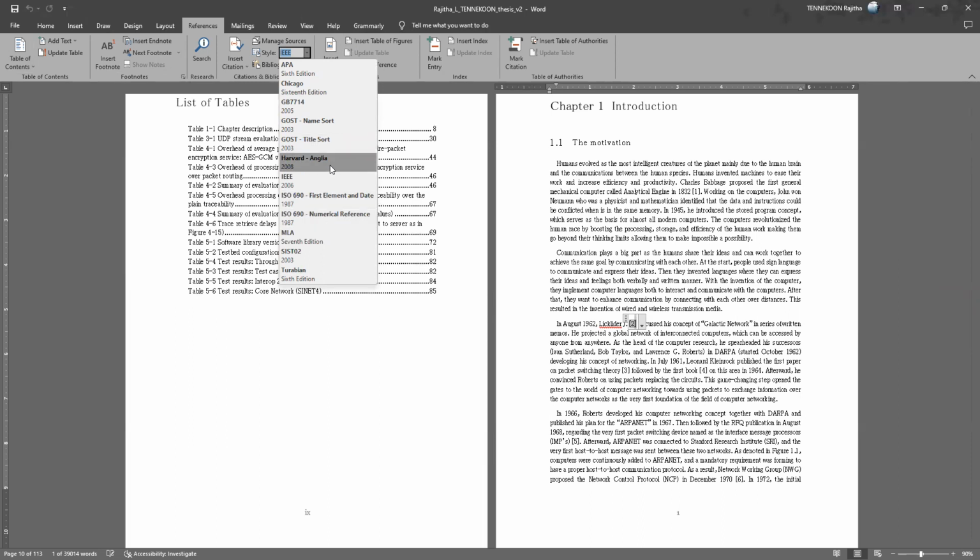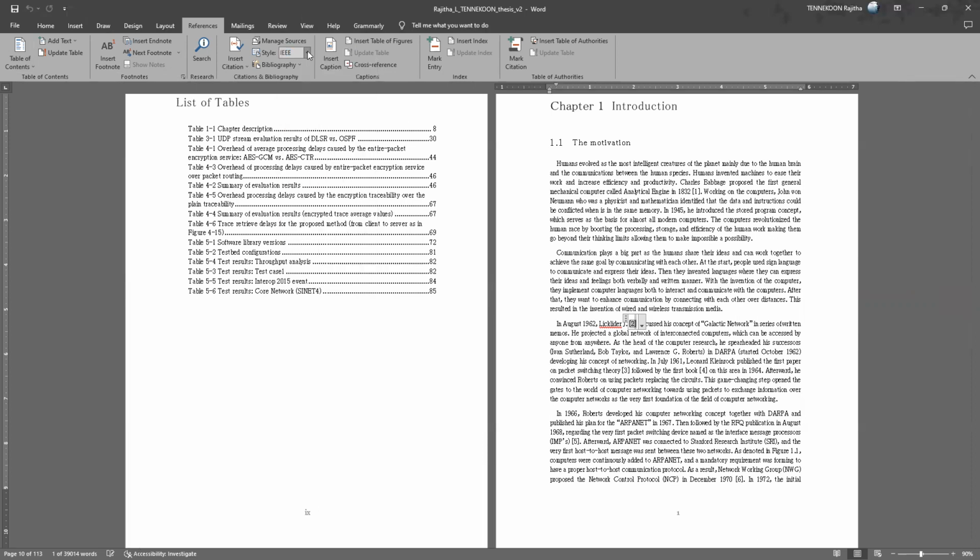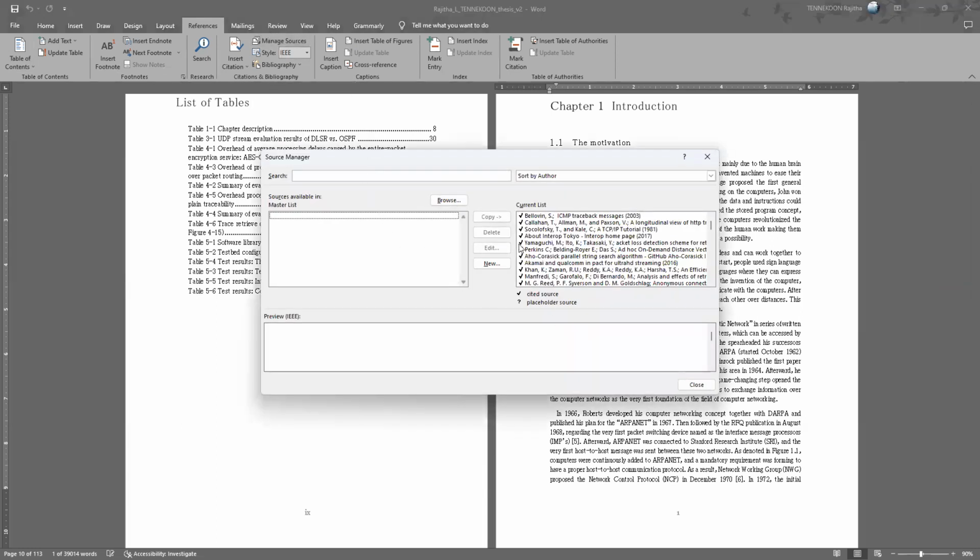Harvard is the mainly used version in the British style, but currently we have to use IEEE. Then in Manage Sources you need to add the references. And this is my list.